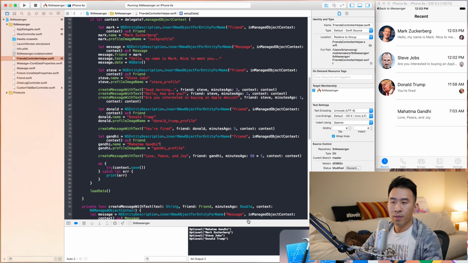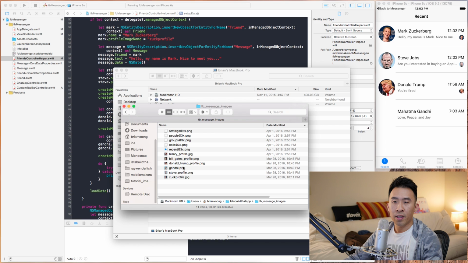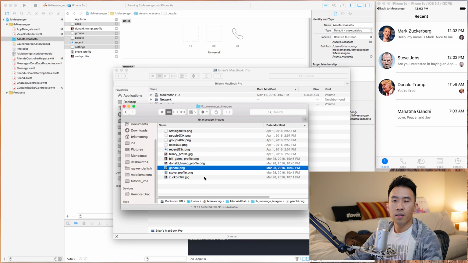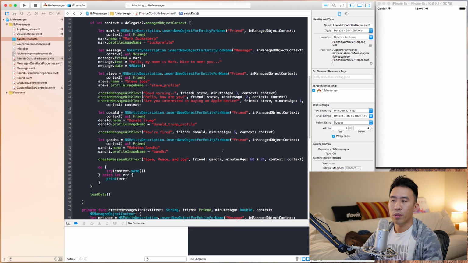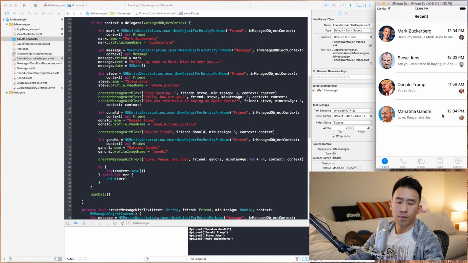And I want to import this Gandhi profile here. So Gandhi is here. I'm going to import his asset right there. And his asset name is actually Gandhi, like that. And the next thing I want to change is this actual timestamp. I want to push it 1 day behind. So basically what this means is minutes ago is 60, and if I push it 24 times 60, that's going to be 24 hours ago. So I'm gonna run that. It should say roughly 12:04 or 12:03. So cool. Gives me 12:04,